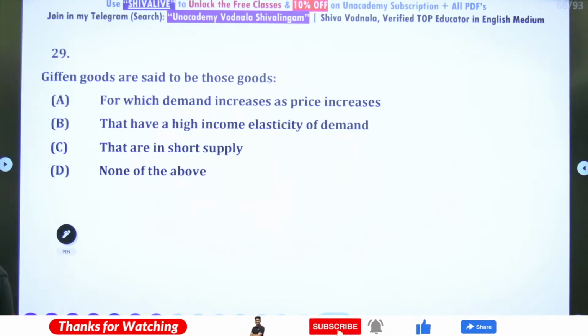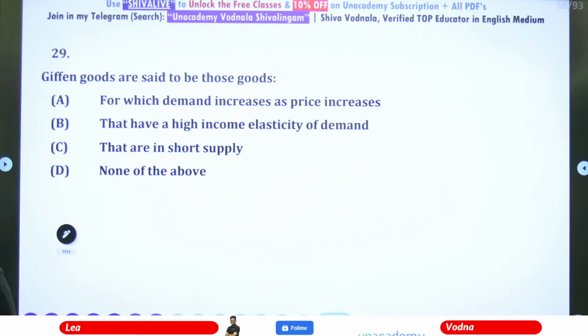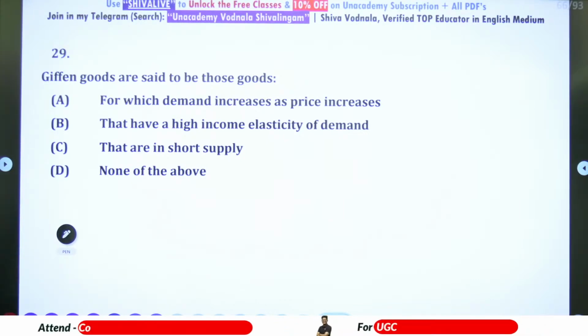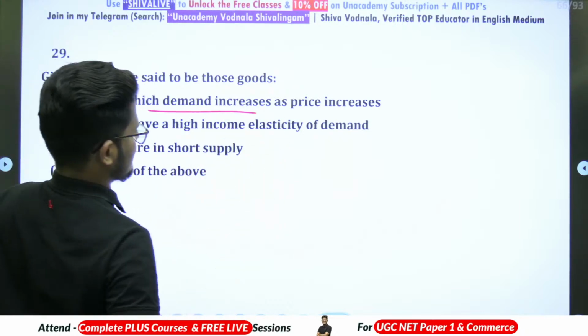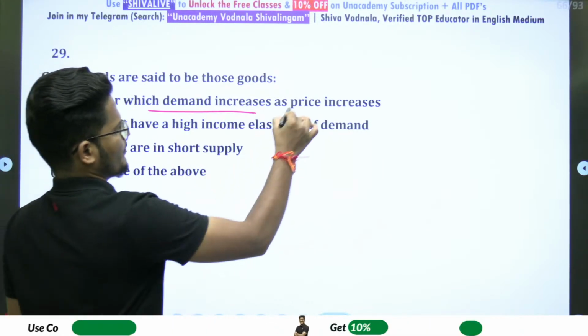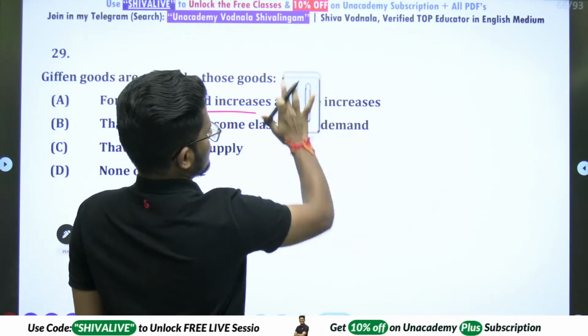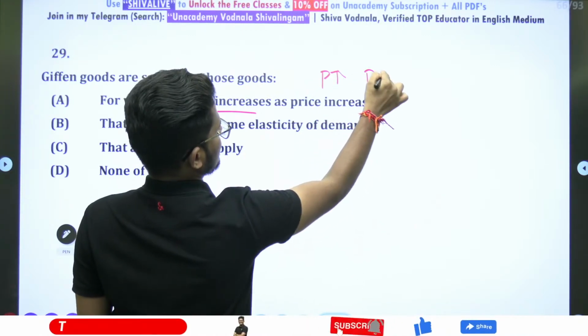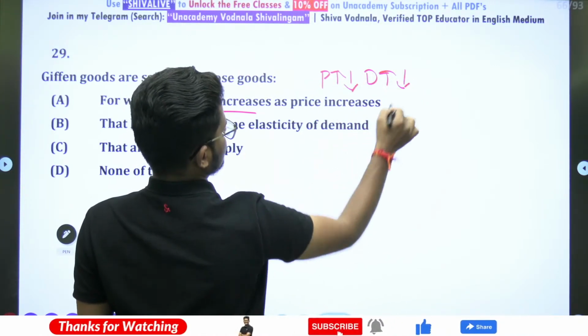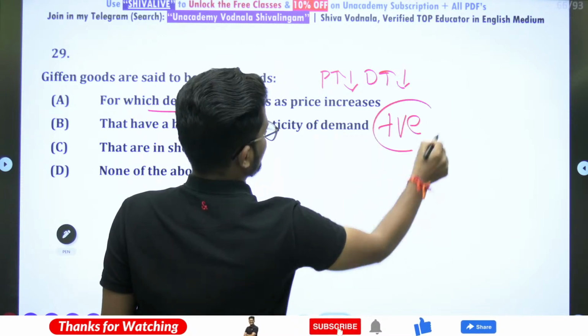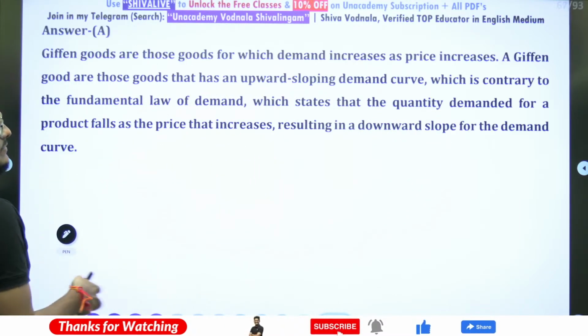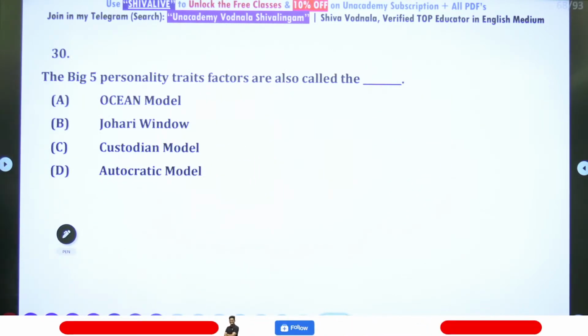Given goods are said to those... this is West Bengal set just now completed, na. West Bengal set 2022 paper, same question copy pasted, right? So when price increases, demand also increases. For this type of product, it will not decrease. It will be having a positive relationship in case of given. So these are exception to a law of demand. The big 5 personality traits factors are also called as